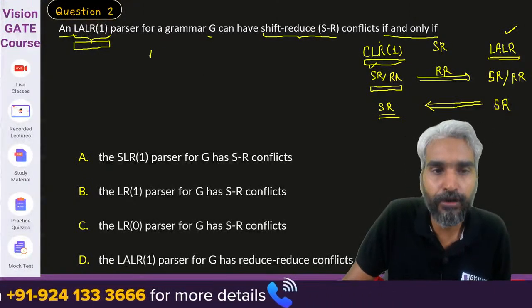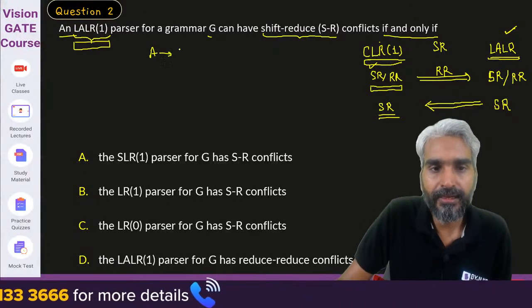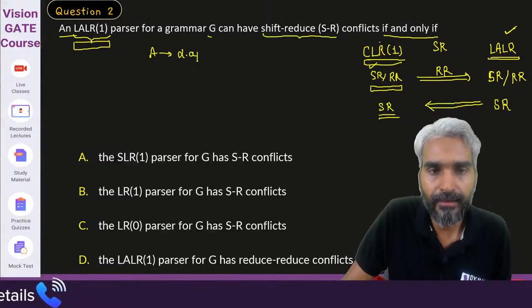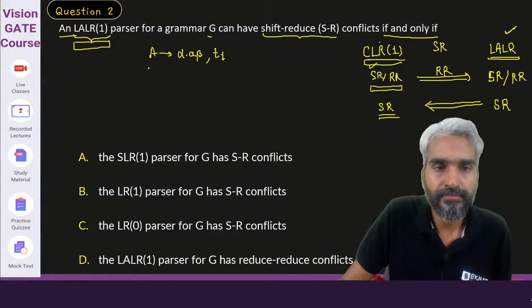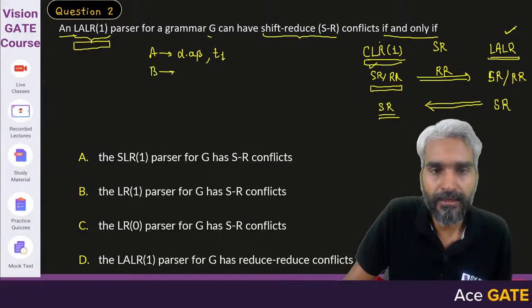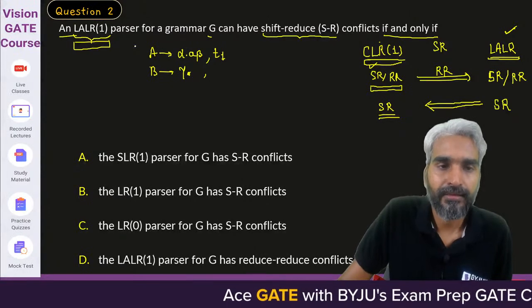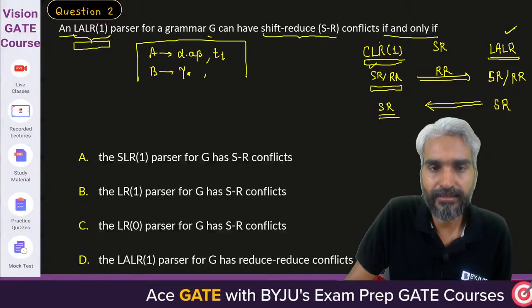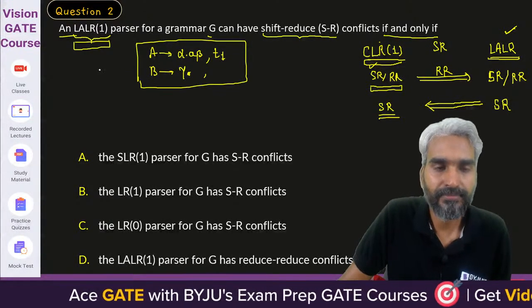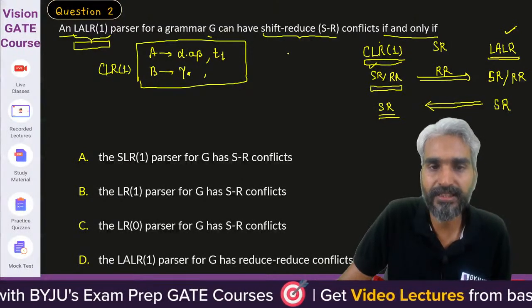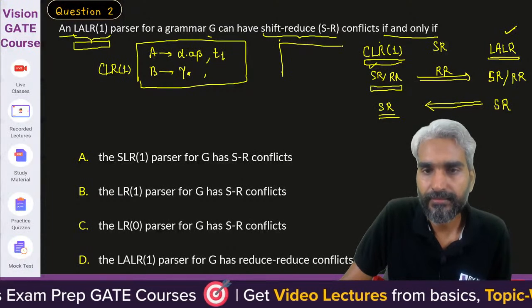What is needed for A implies alpha dot A whatever beta at T1. Let's assume B implies gamma dot. So these are two things, and these are two things. This is one item. This is the item in CLR1. Please try to understand. This is in CLR1. Another,